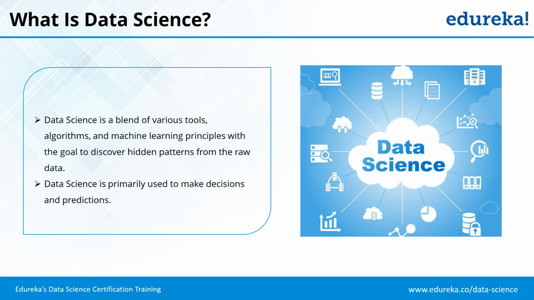But then what is the use of that data? How do we use that data? To use that data, there are some statistical algorithms that we use to figure out what is the story that the data is telling. We use various tools that are prevalent that help us in identifying those patterns in the data. And we also do a lot of predictions using data science. So it is primarily used for decision making and predictions.